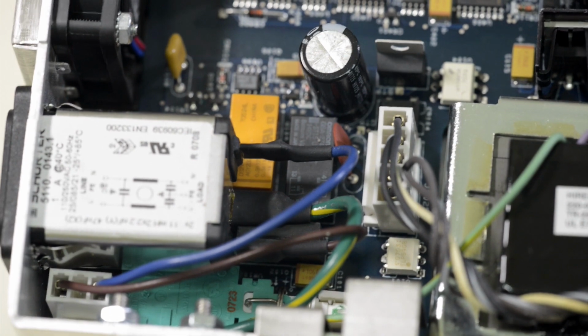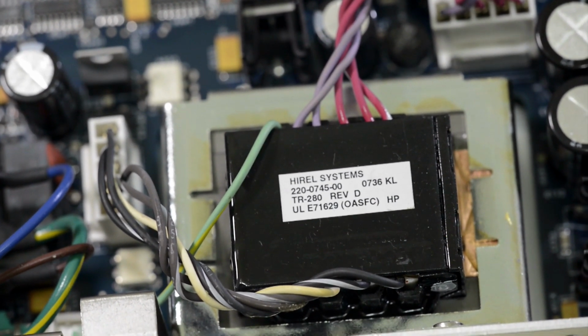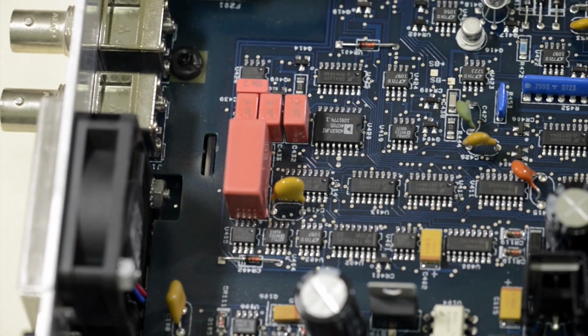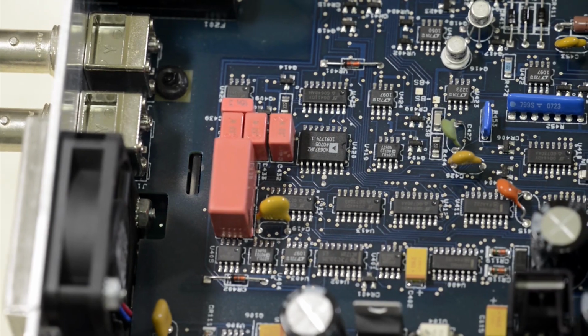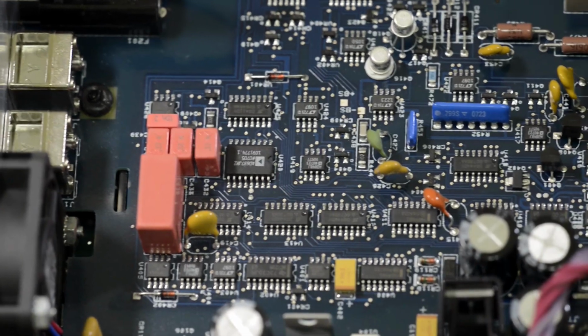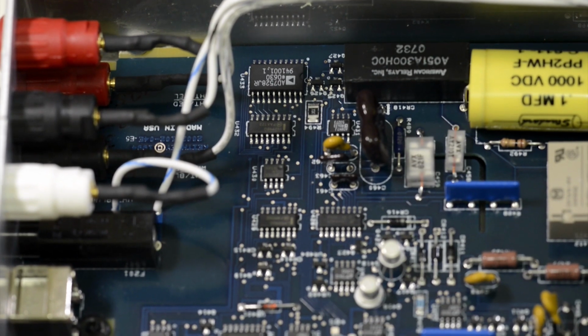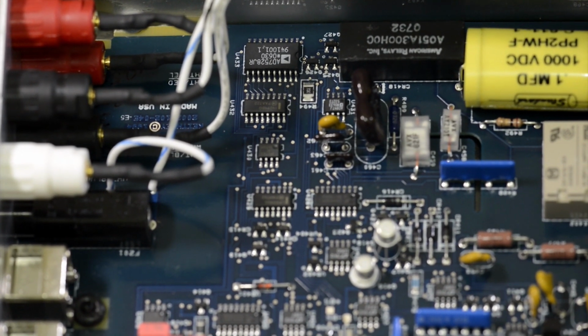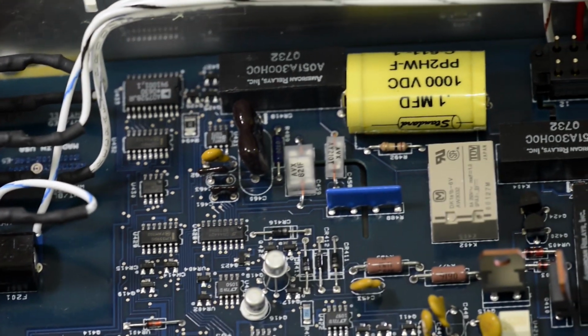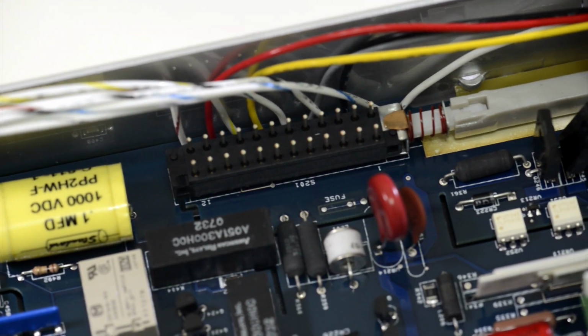Okay, that's the mains input. It selects the 110 winding or 230, depending on what country you are using it in. And then we have the true RMS converter and the filtering circuitry. Those big caps are actually used for different frequencies. And over there we have an 8-bit DAC, similar to the Keithley 2001. Some input protection, reed relays, then the front or rear panel switch,